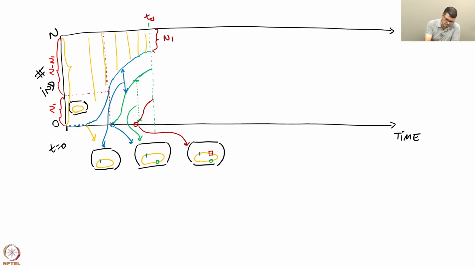The number of individuals which is carrying only this blue mutation is N2 at this stage. The number of individuals carrying the blue and green mutation is N3, and number of individuals carrying all 3 mutations is N4. And if we divide them by total N, we get the respective frequencies of each kind,